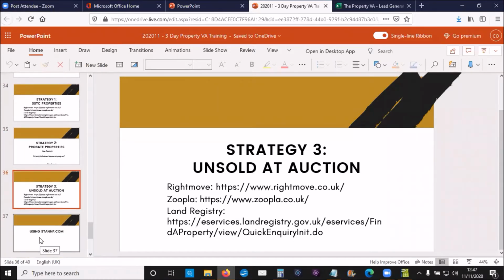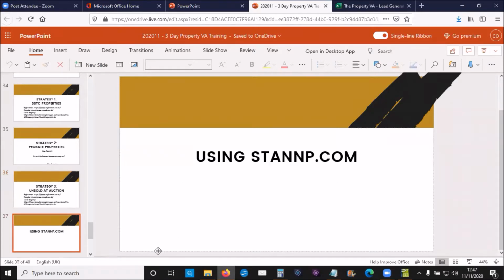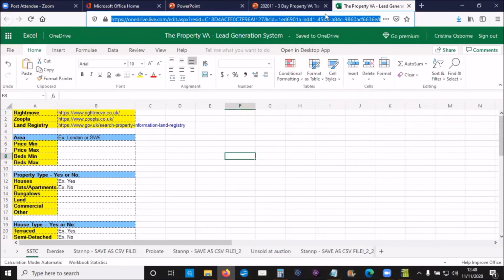All the activities that you will be doing is to data scrape details of these properties in order for the landlord to contact them directly, and even the contacting directly of the addresses that you data scrape can be outsourced using Stannp.com. So we are going to use